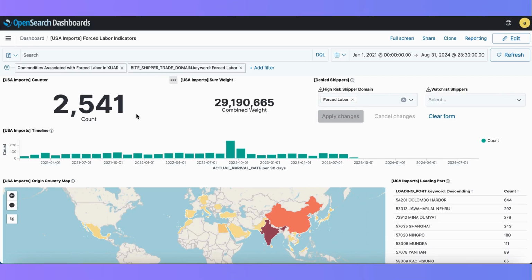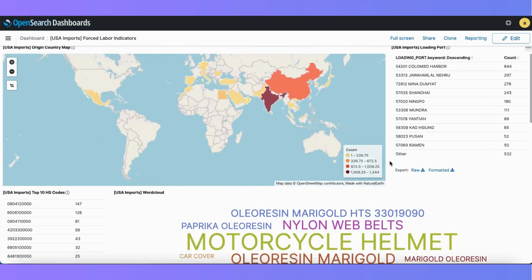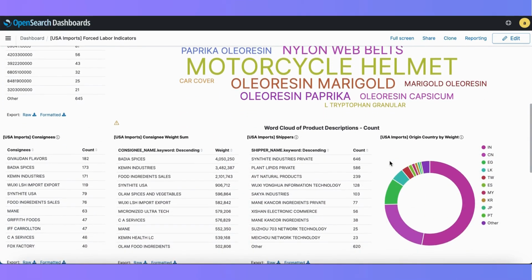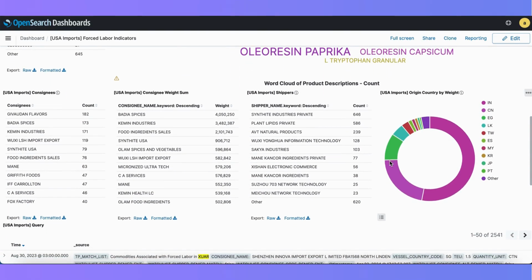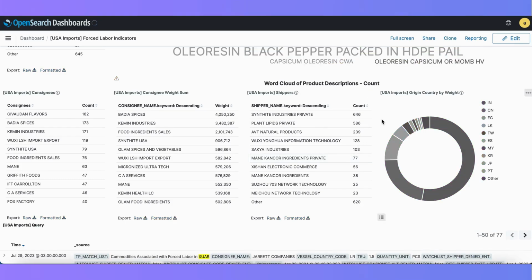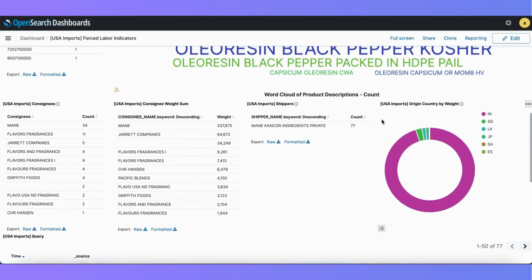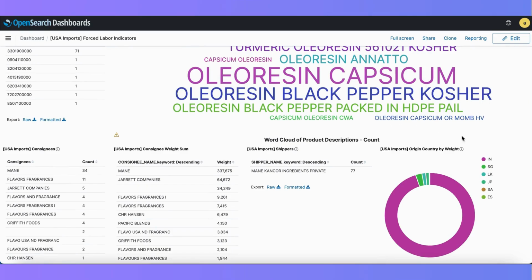From here, I can pick a specific shipper. In this case, I can look at main Cancor ingredients, and they're shipping products that are originating in multiple countries, but I'm not seeing China there in this case.